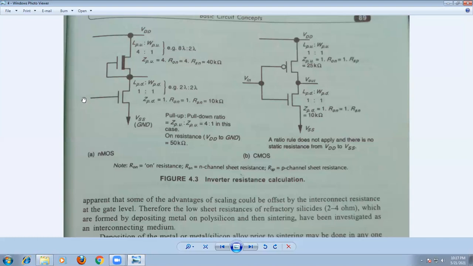Input is equal to 1. When the input is equal to 1, both transistors turn on, and so the resistance between the VDD line and the VH line is nothing but the on resistance of the transistor.